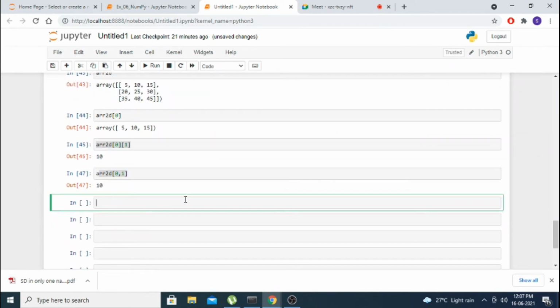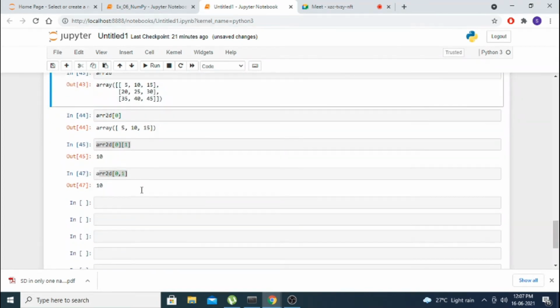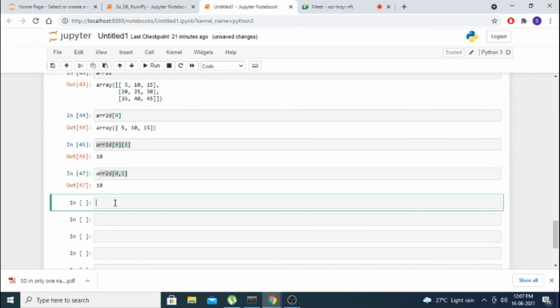Now, how to use the slicing part here. My ultimate aim is to get only these four digits, that is 10, 15, 25, 30. I want to take this part from this array. How to get it using slicing? Here we see arr 2D, colon 2.